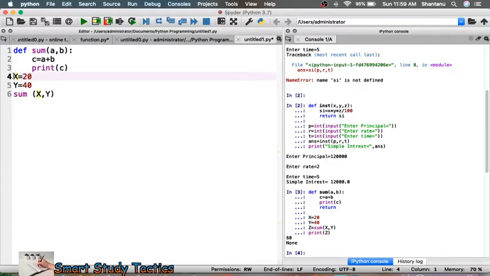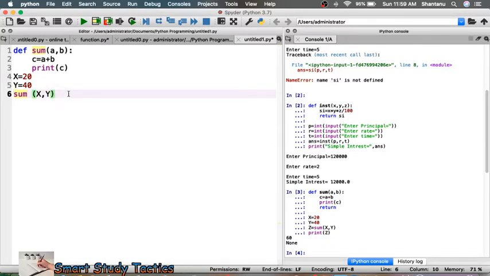As I told you, wherever it is outside, meaning it is not taking the indent space, just outside of the definition, it is the main part. So it will execute from here, then it will come from here, then it will go to the value here, it will send this value to this area, and it will add the value and give the result.